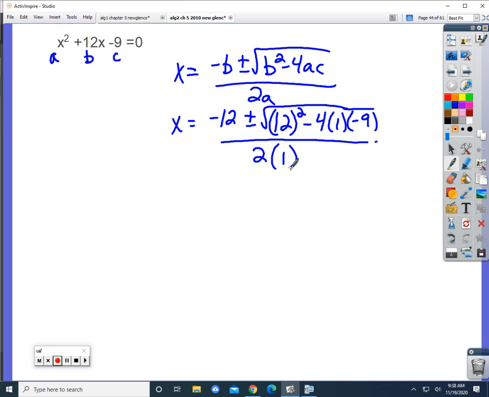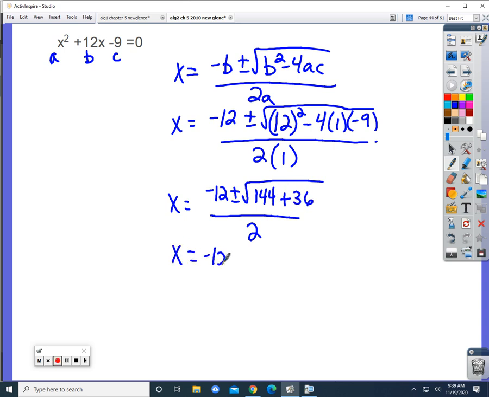So show this. Some of you can do a lot of this in the calculator and just come up with the final answer. I'm probably just going to go ahead and show you what ends up being under the discriminant. So this is 144, and then that's plus 36. But I want you to understand, you can actually type every bit of that in as long as you do it correctly. Make sure you put the parentheses and all that. Hit enter, and it's going to tell you this answer. So we need to do 144 plus 36, and it is 180